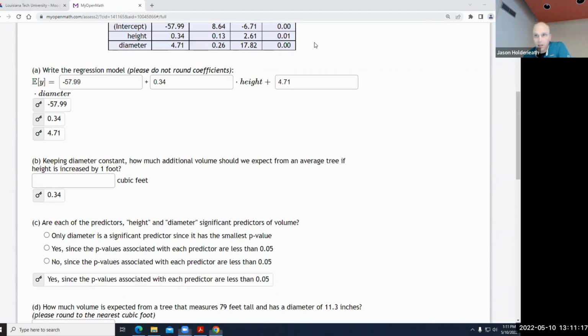Minus 57.99 plus 0.34, that's height, times 79, plus 4.71 times 11.3 equals